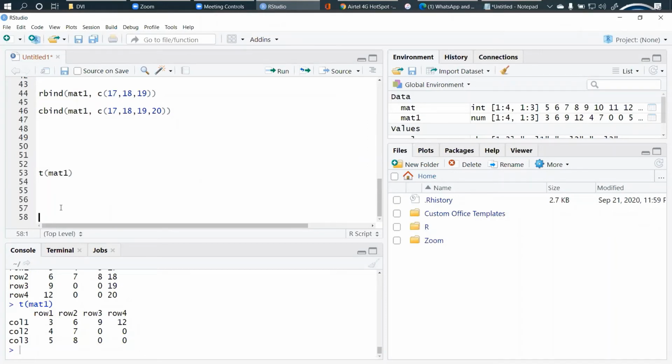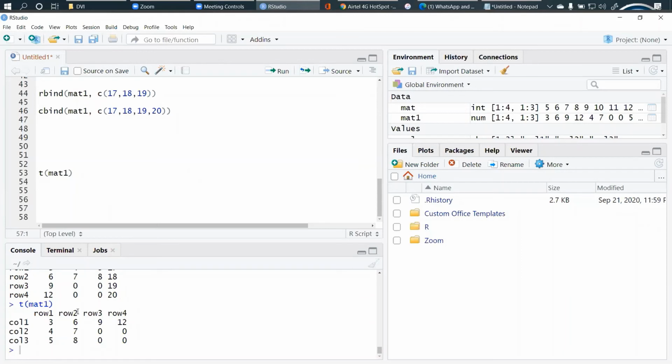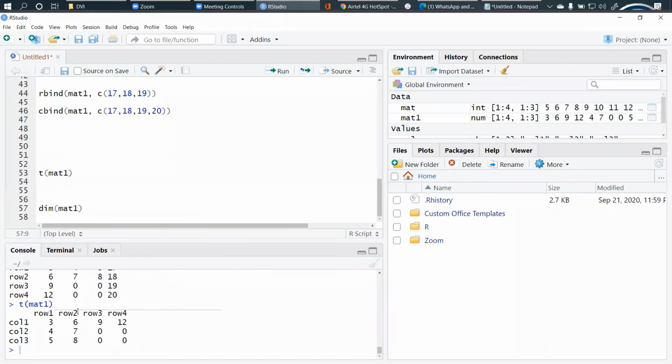Now if I want to change the entire dimensions, right, what we were using was a 4x3 matrix, then we added some rows, then we added some columns. Now I want to change the structure of this entire grid of the matrix, right? So I can change that as dim of matrix 1. So by how many? 1, 12.